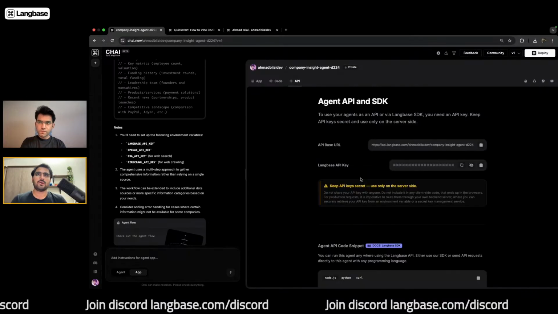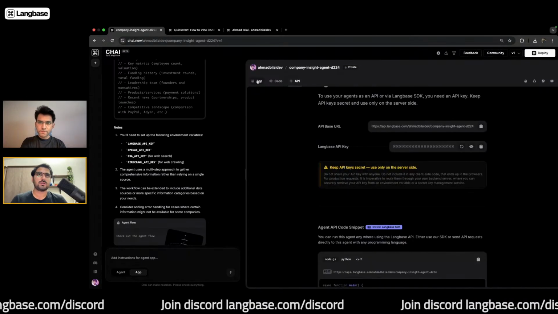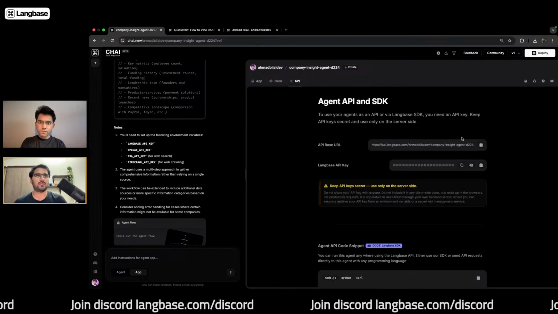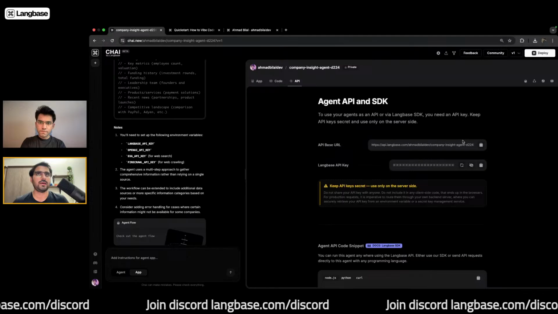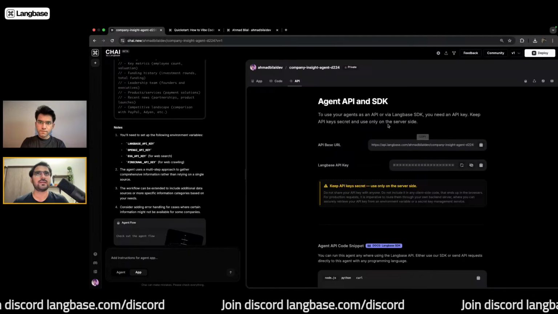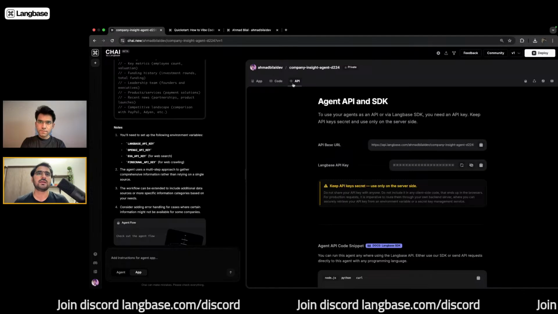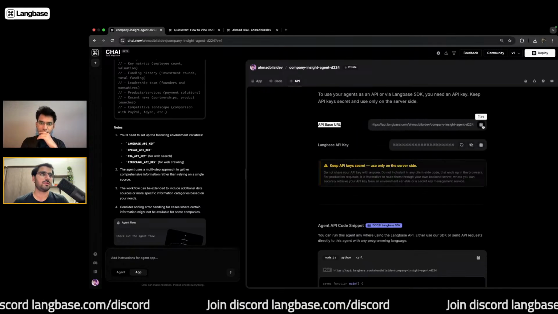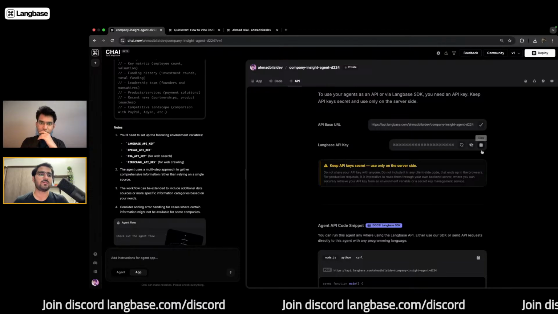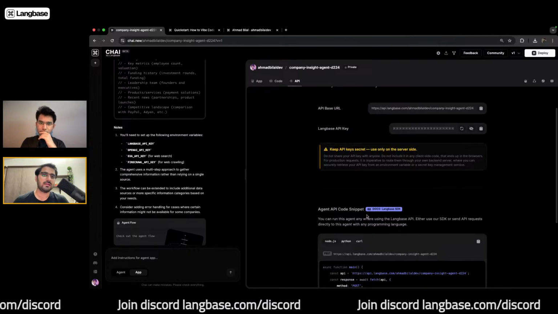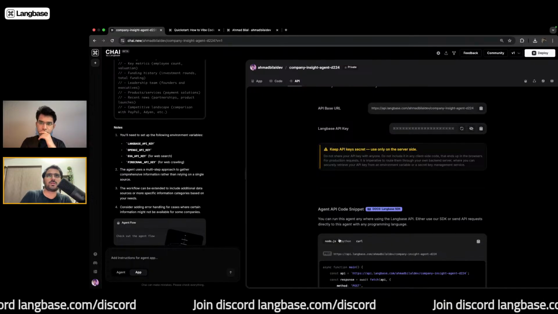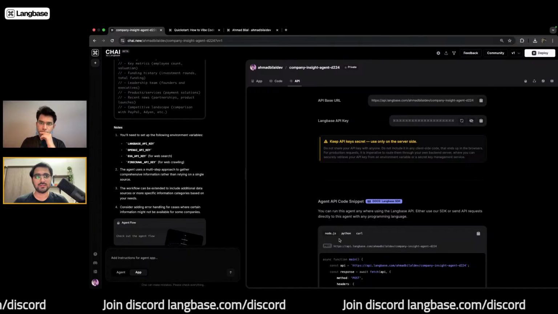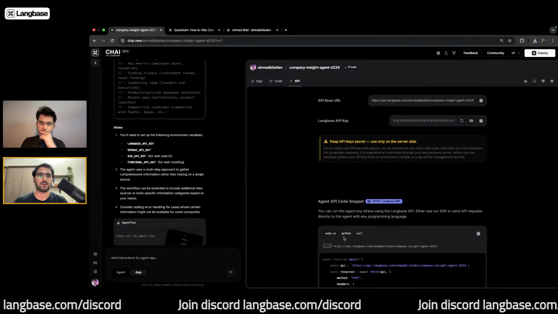Let's say if you don't want to use the app, the moment you deploy your agent, it becomes a serverless API endpoint, and you can go ahead and navigate to the API tab. This is where you'll find your API base URL. This is the API key, and below here you will find code snippets for different languages. So let's say you don't want to use the LangChain SDK, which is based in TypeScript, for your agent. Well, you can integrate it anywhere.